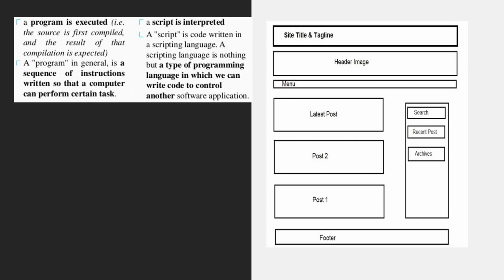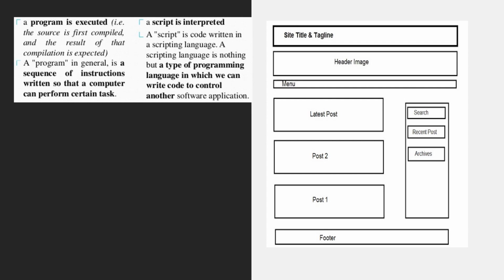So the difference lies in where it has been used. Where you use programming language and where you use scripting language, that is where you can see the difference between these two. Programming language is used for building the entire software application. If you want to build the software application, you have to use programming language and write the code from scratch.